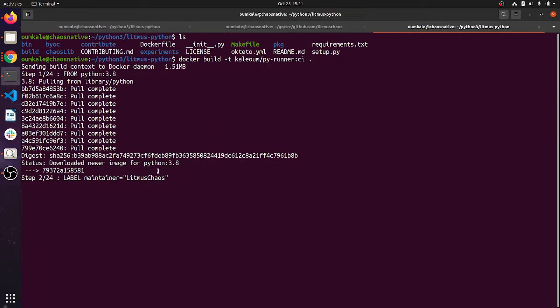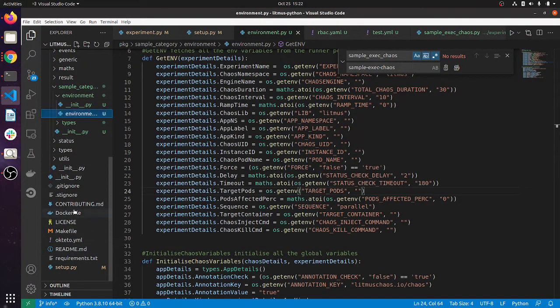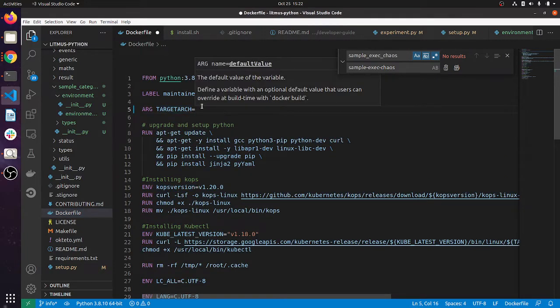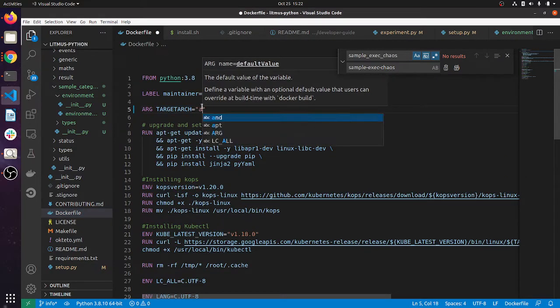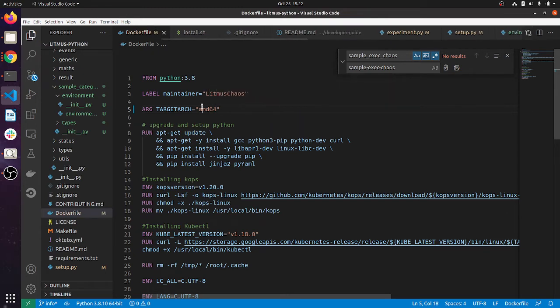Okay, so let's wait for some more time. I believe we haven't passed any default values. It will get stopped. Okay, so we have to pass here. So I'm using AMD 64. You may update it to whatever you want, ARM or AMD.